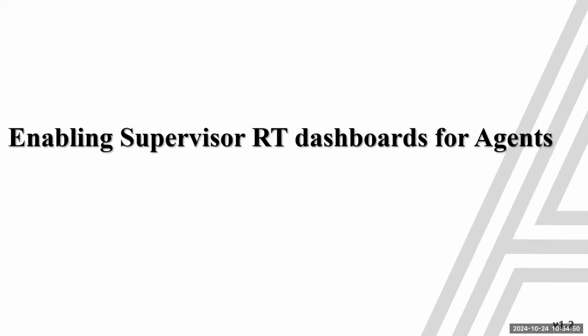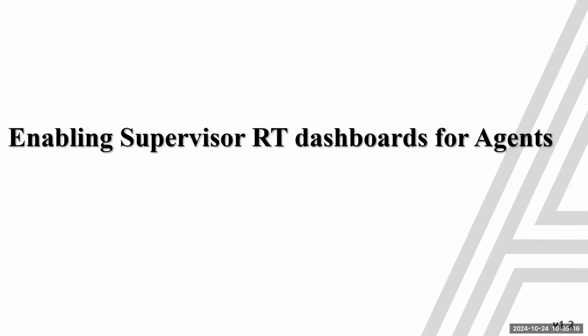Of course, we're all used to seeing the supervisor able to see other users' metrics. So in this case, there's this new feature that is going to allow some specific agents, that an administrator is going to be able to define, to see themselves and other users' metrics as well for